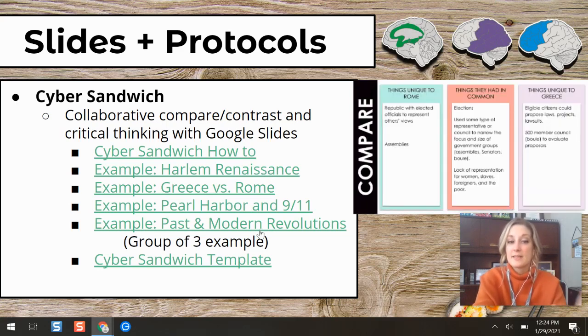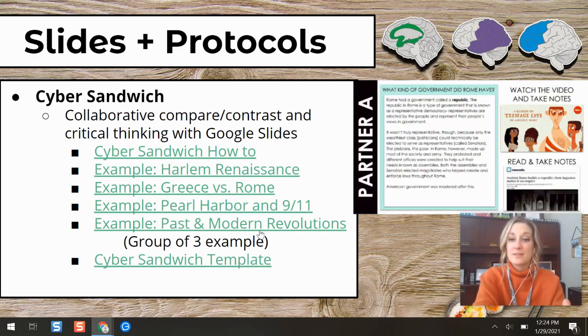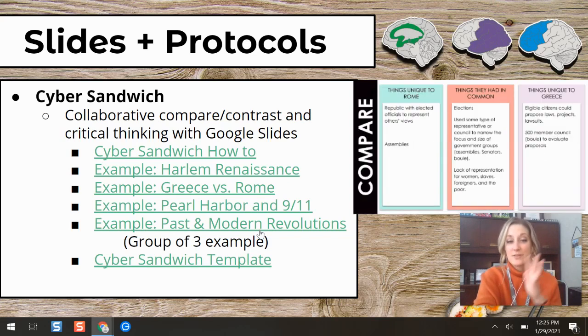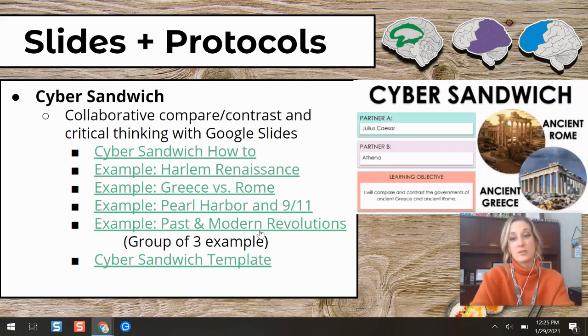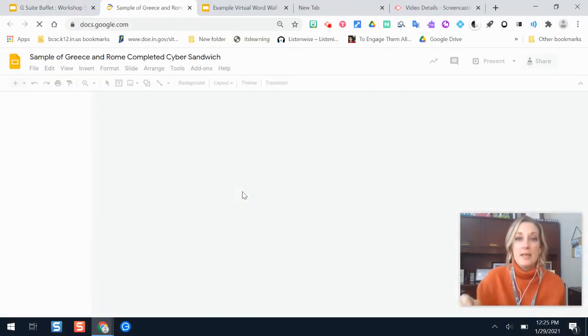And the great thing about using Google Slides to facilitate this activity is that you can give students some really great resources in this presentation. So perhaps you give students a text and a video, and that's the resources for their topic, or you do something that's just audio. You have some flexibility because it's Google Slides. The example that I'm going to show you right here is